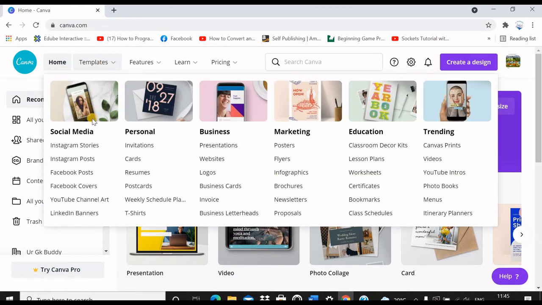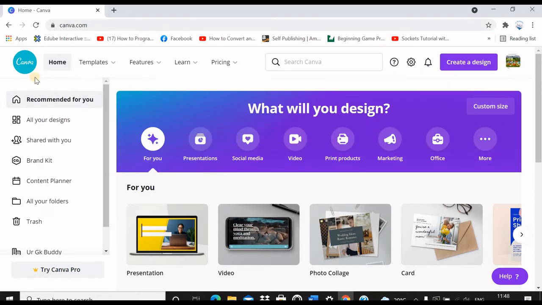You can see templates for social media, templates for personal, business, marketing, education, and the trending items also. Under each head, there are templates to meet your normal needs. Canva is a design software and it provides you a lot of tools to make your own designs or to improve on the templates provided by it.